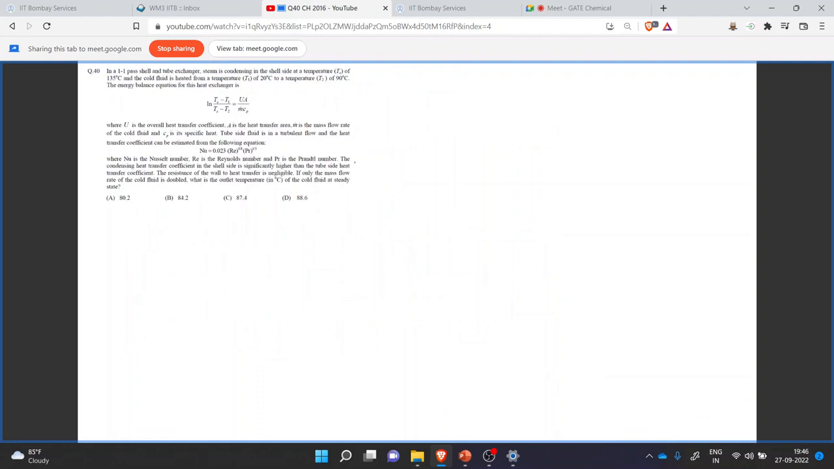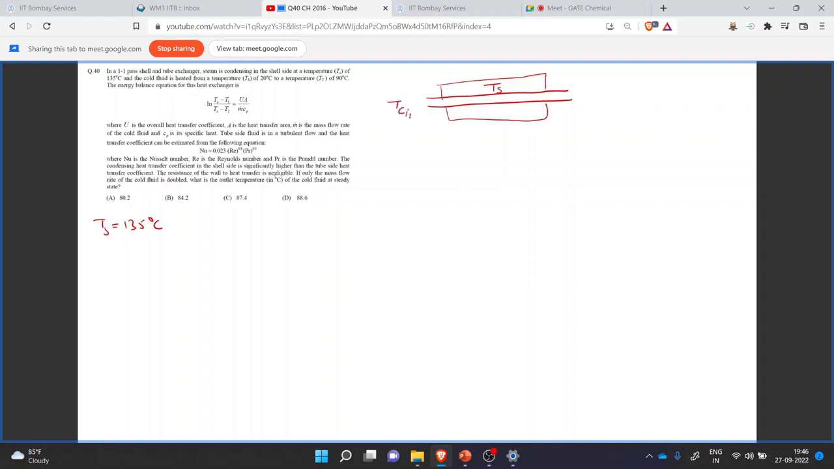So, in this given question, we have been given a single pass shell and tube heat exchanger. Let's just consider a single tube over here, and this will be my shell side. Steam is condensing on the shell side at the temperature of Ts. Ts is given as 135 degrees Celsius. Similarly, the cold fluid is heated from a temperature of 20 degrees Celsius